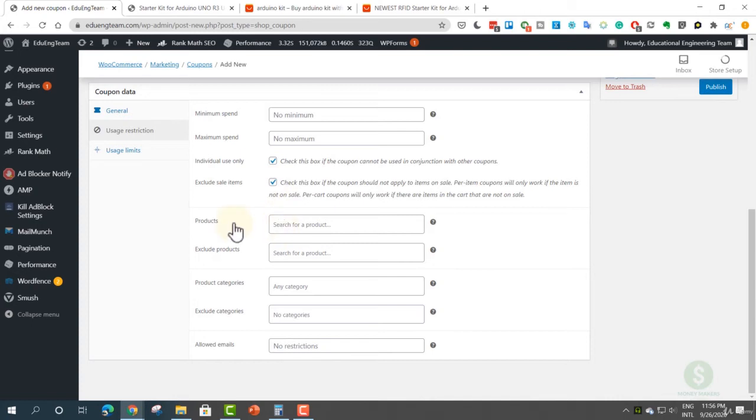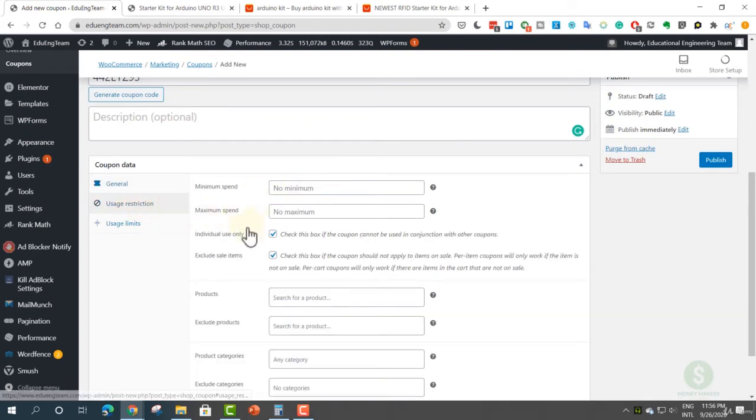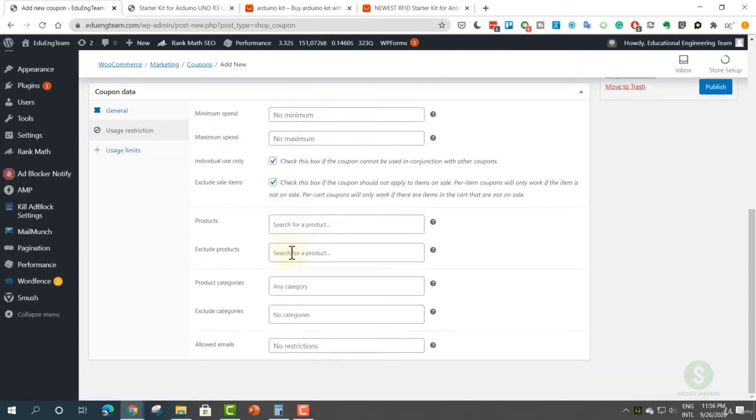Now you can select specific products if you are choosing to make this percentage discount on a specific product. You can exclude products from the discount. You can exclude a category from the discount or add a specific category to apply the discount to. You can even add emails of users to prevent them from applying discount coupons if they are misusing this feature. Now, the usage limit